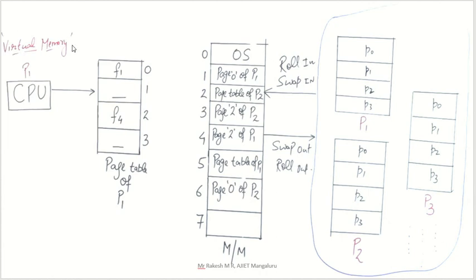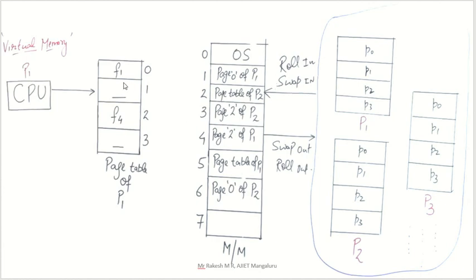In virtual memory, some part of main memory is completely given to the OS, the operating system, and the remaining part is the user part. That part we are going to divide into frames, and in each frame we take some pages initially. Process 1 has totally 4 pages, that means P0 to P3. Here 1 or 2 pages we take, and whenever the CPU asks, we can swap and bring in whichever page is asked for, in this place. That is swapping.